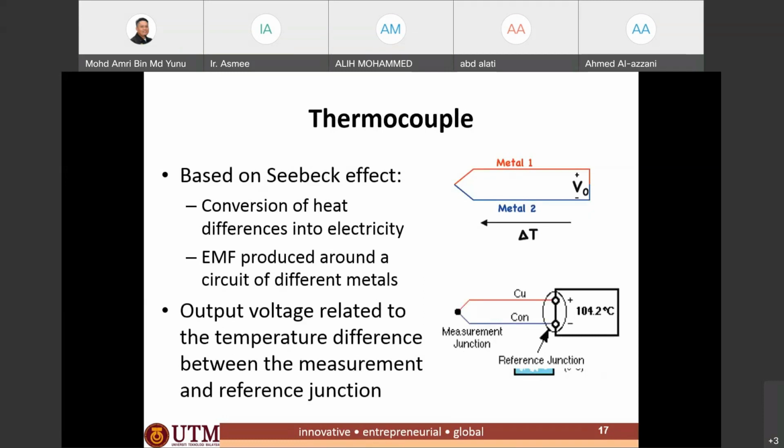The output voltage has a relationship with the temperature difference between the measurement and reference junction. So this is the simplest connection. The reference junction is kept at 0 degrees Celsius, but in practice, two dissimilar junctions